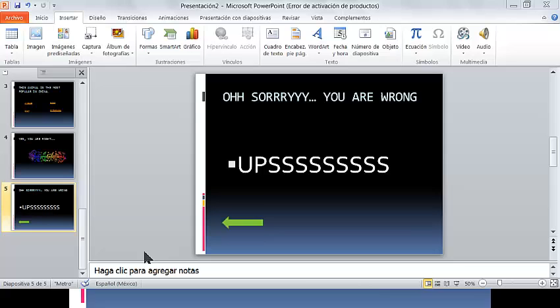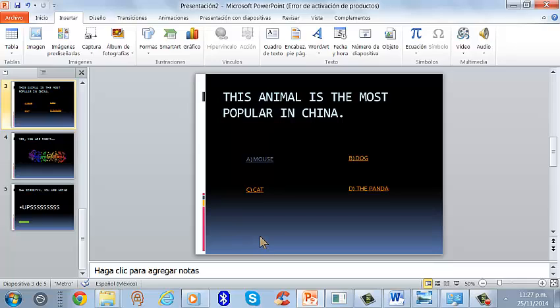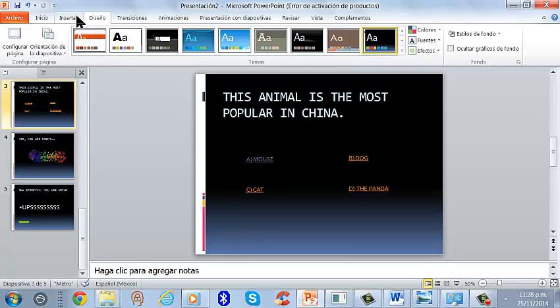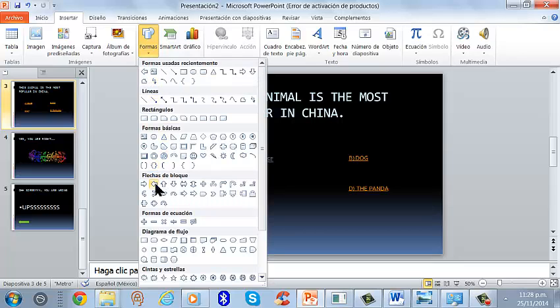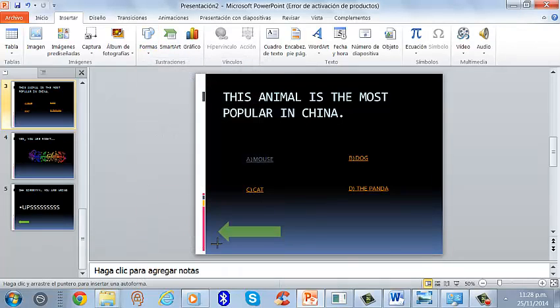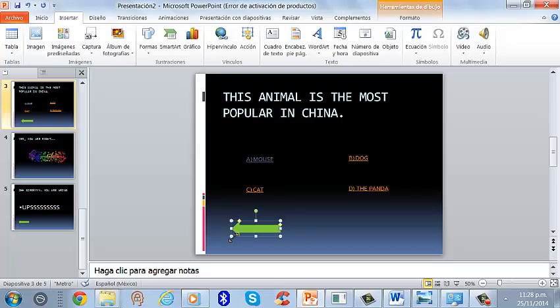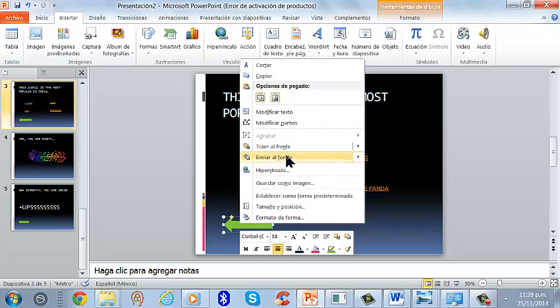Okay, let's escape, and now we are in the question slide, and we have to do the same again. Insert form, we selected form, we put it again in the place we want, and we have to do exactly the same. This animal is the most popular in China, and then we want to go back to the table of content,